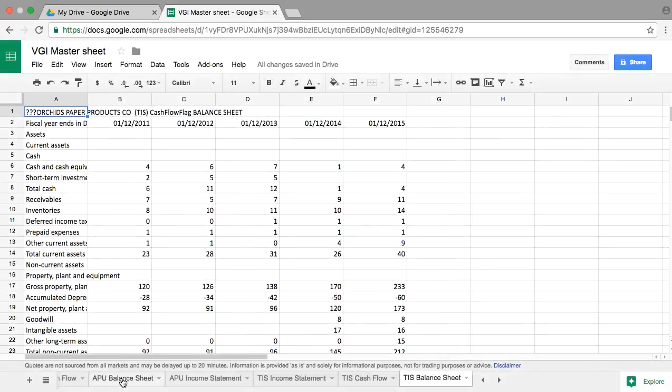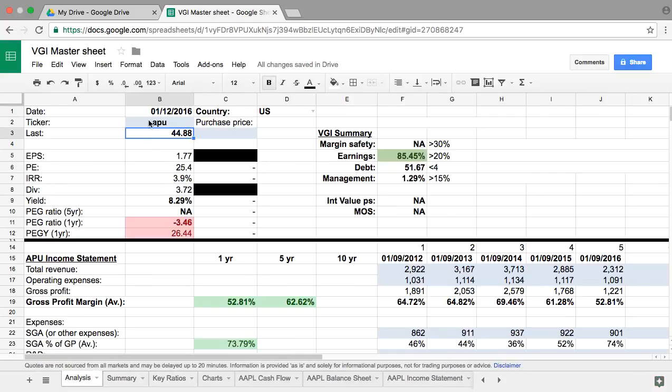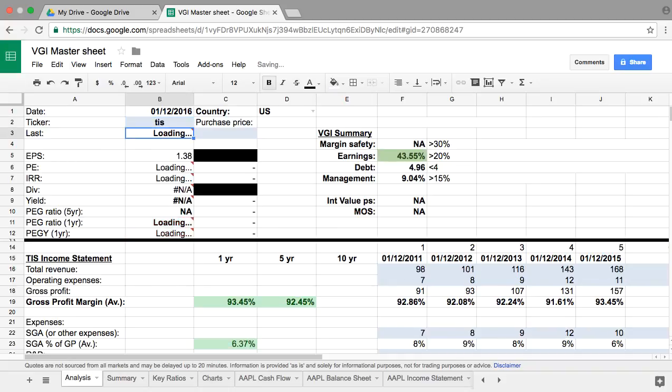Just go back to the Analysis tab and change the ticker symbol to TIS. Share price is updated to 24.91,